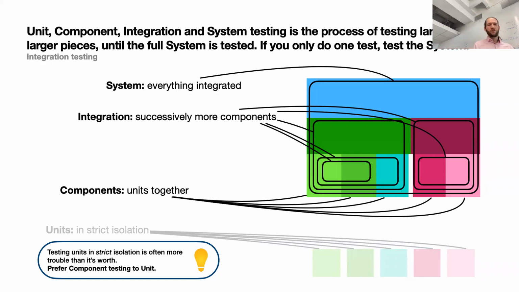Okay, so that's the bottom-up approach, how we integrate things together and test them. But there's also the idea that you might go from the top down. So if you've got an existing system that you're coming to test, which doesn't have any tests at all, then you may well start the other way around. You might start by doing a system test and check that the whole thing appears to be doing approximately the right thing, and then work down through the components and units to check their specific behavior. For a really complicated system, this is likely to be complicated too. You might have a hard time identifying the boundaries in the special cases, and you'll be less sure when bugs arise where they're coming from. But that's better than having no testing at all,